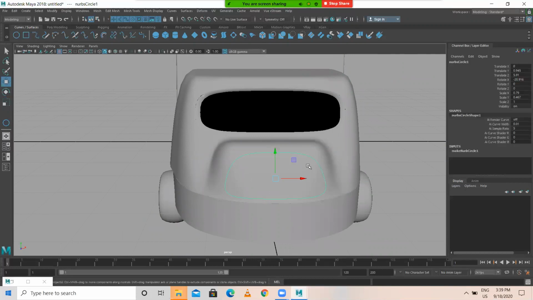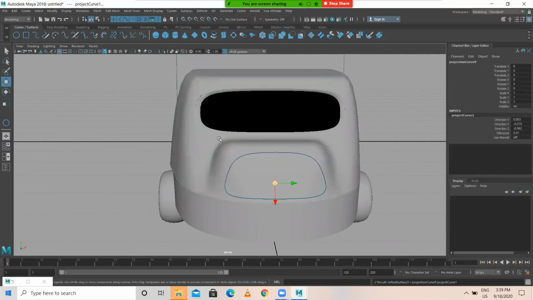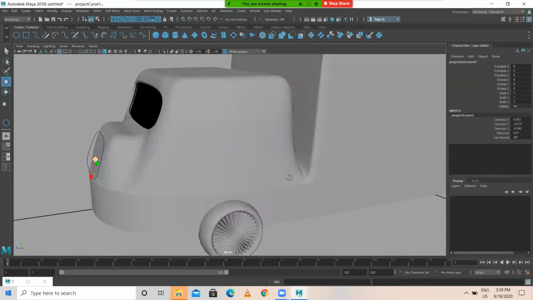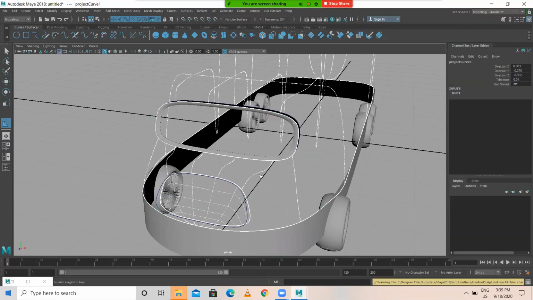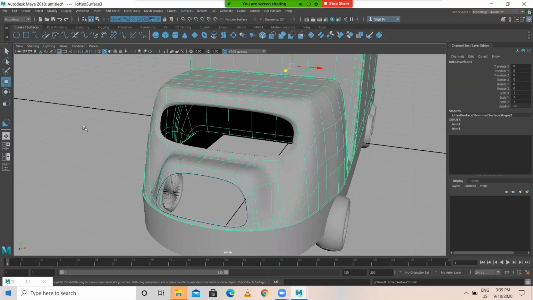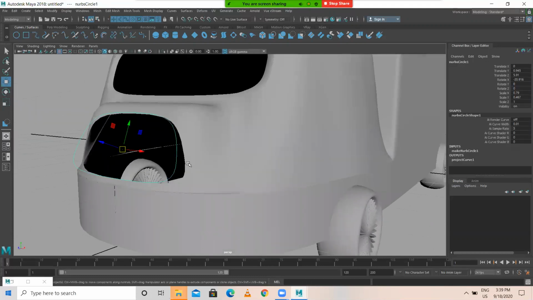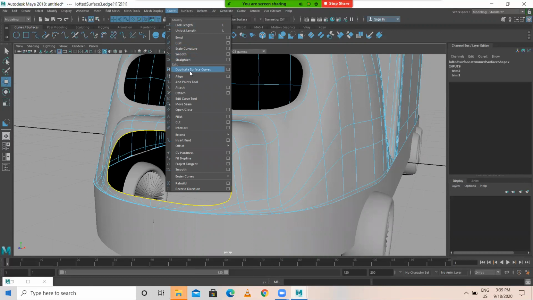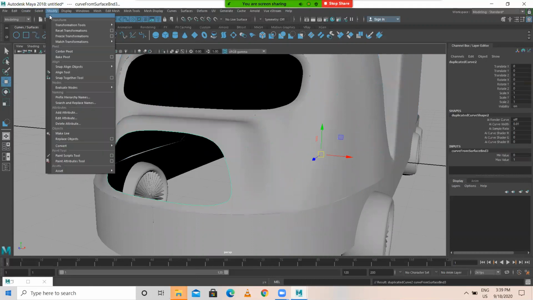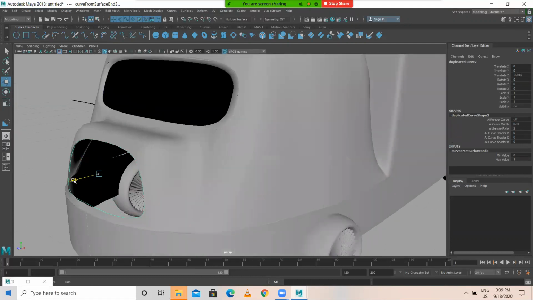Select the curve, shift select the object, surface, project curve on surface, then select this, surface, trim tool, select the area and enter. Got it? Now I'm selecting this, select the trim edge, come to curve, duplicate surface curve, modify center pivot, little bit inside.